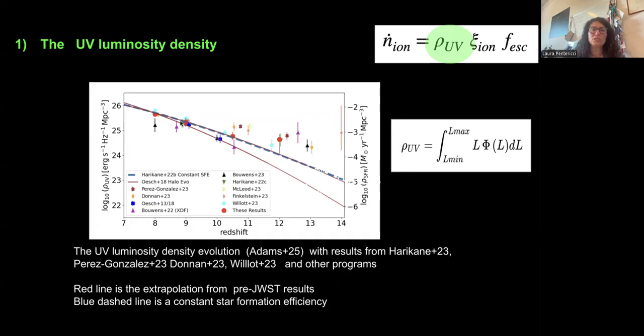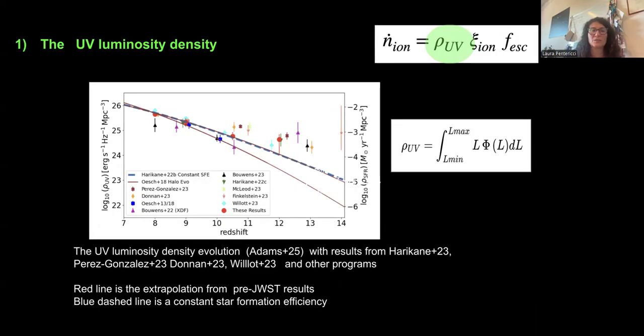Before JWST, we thought there was a smooth decline in the rho UV density. As we went to higher redshift, we had less and less UV photons, so fewer galaxies. All the colored points, the JWST results, are above this line. This was one of the biggest surprises from JWST: we have lots of galaxies, many more luminous galaxies than we thought before, up to redshift, say, 13. This poses some questions. It's very good on one side because we have lots of photons for ionization, but it poses, of course, a lot of troubles because